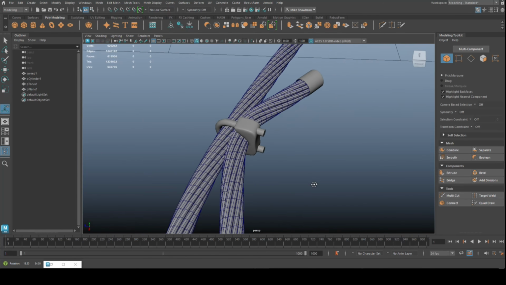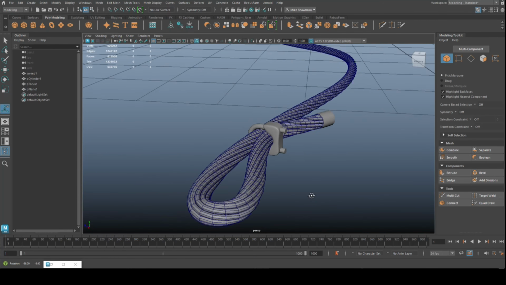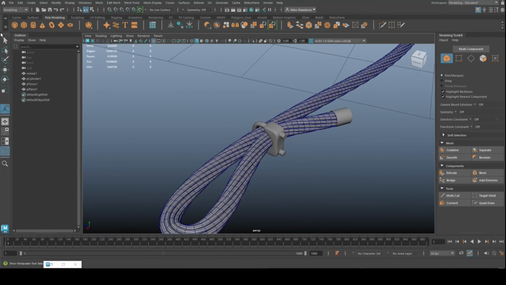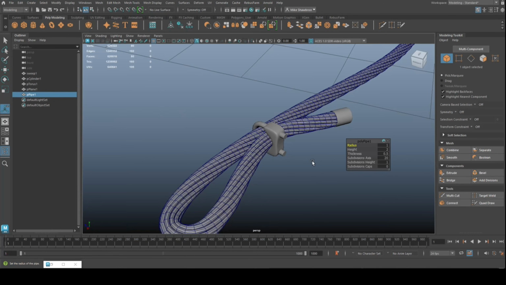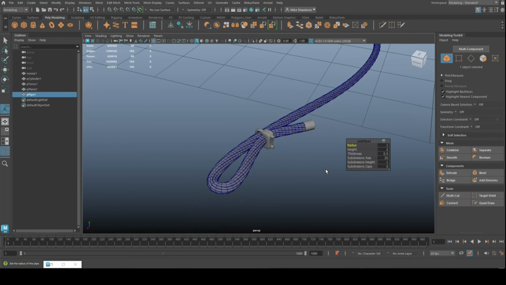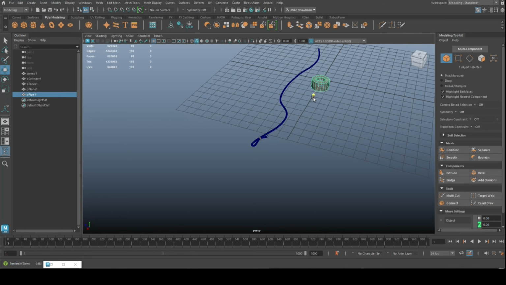Okay, so now we need to have 2 rings. What are they called? Washers. Yeah, washers. That's what it is. We'll go create polygon pipe. It's in there somewhere. Yeah. And we're going to hit W. We're going to hit R. We're going to push that down